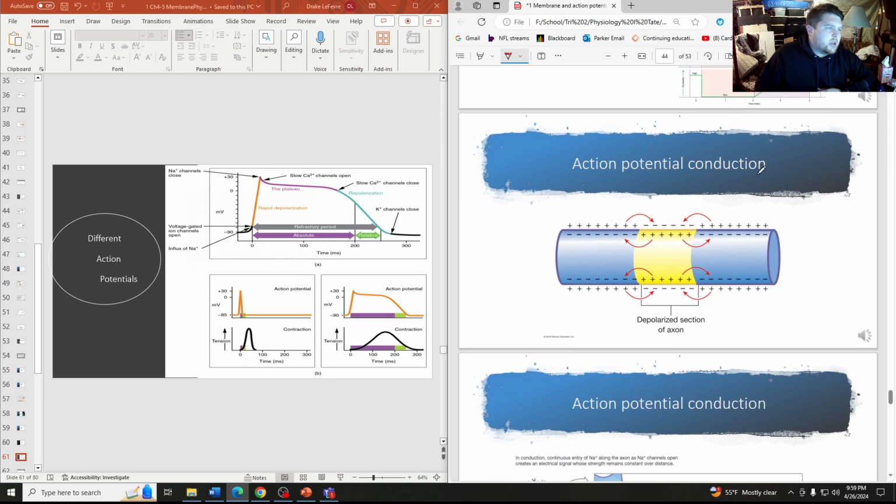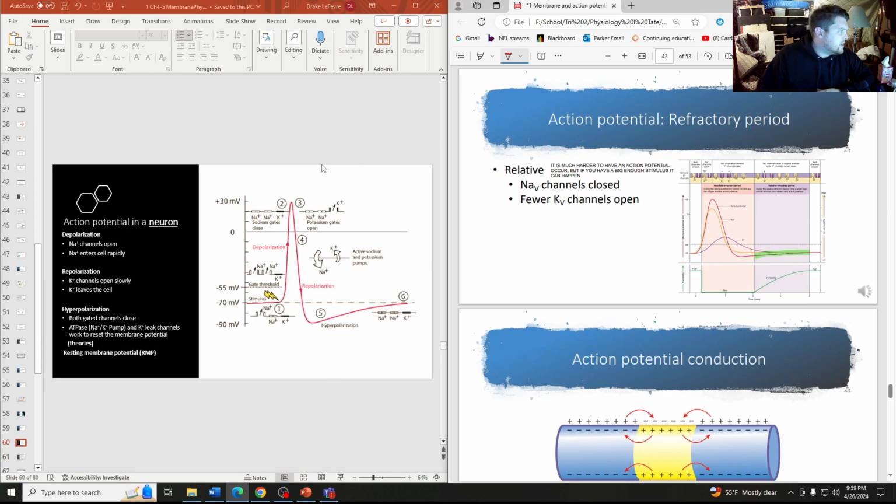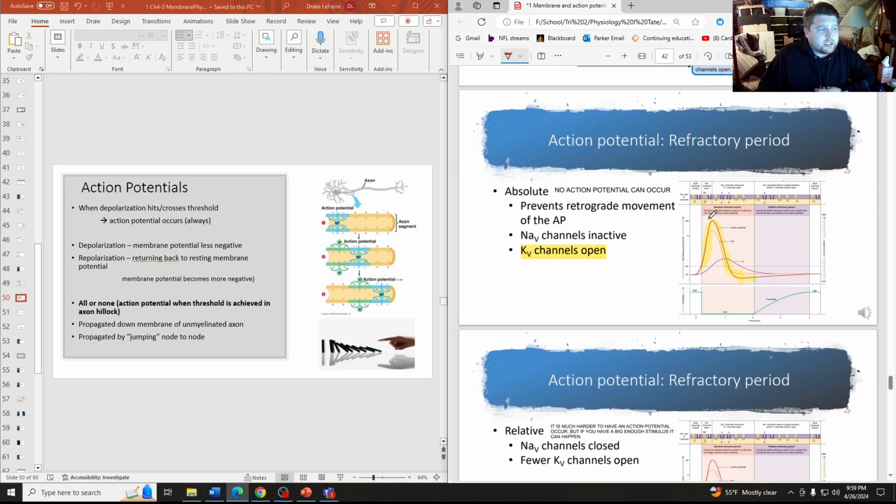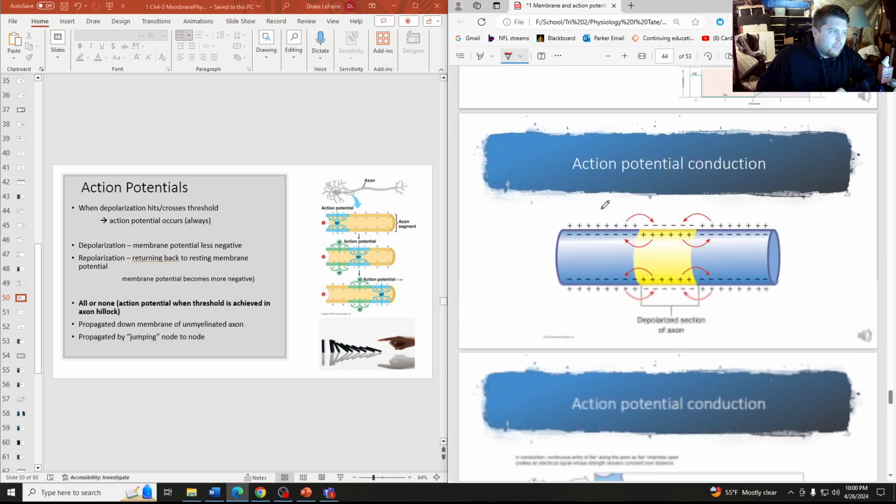Action potential conduction. As soon as the action potential occurs in one spot, everything that we've talked about, all these voltage gated channels, we're talking about just this one specific point where this is all happening. Now we need that signal to travel. So what's literally going to happen is that the portion of the axon right next door to where this happens